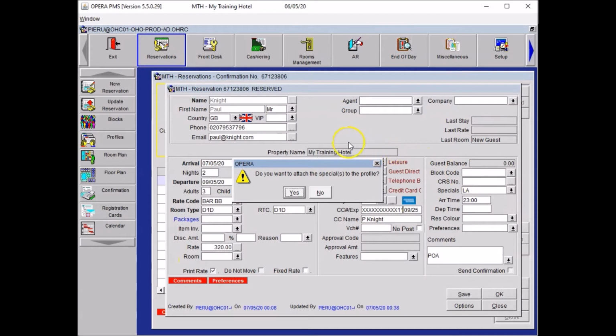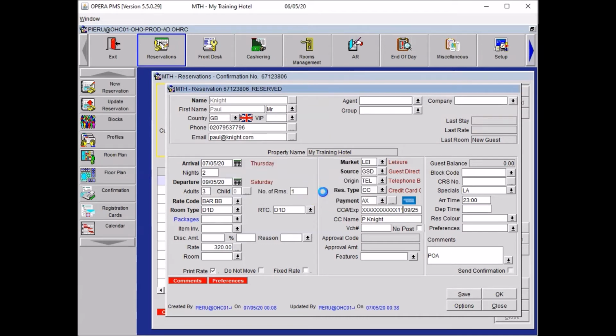In most hotels, that will be enough for the department to open the sofa bed. Say no for future stays, we don't want that added to the profile. However, we want to double it, just to be on the safe side. So we want to create a trace also to inform the department.